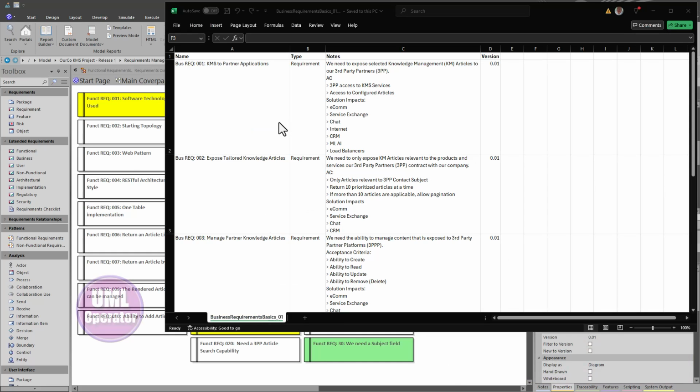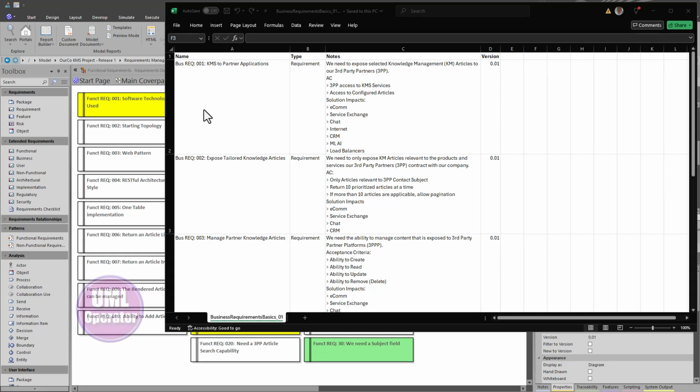So let's get started. We can get our requirements from many different sources. They can be in an Excel or a spreadsheet. They may be in some Word document. They could be from PowerPoint. They can even be from a napkin, handwritten. And so how do we get that data into Sparx Enterprise Architect